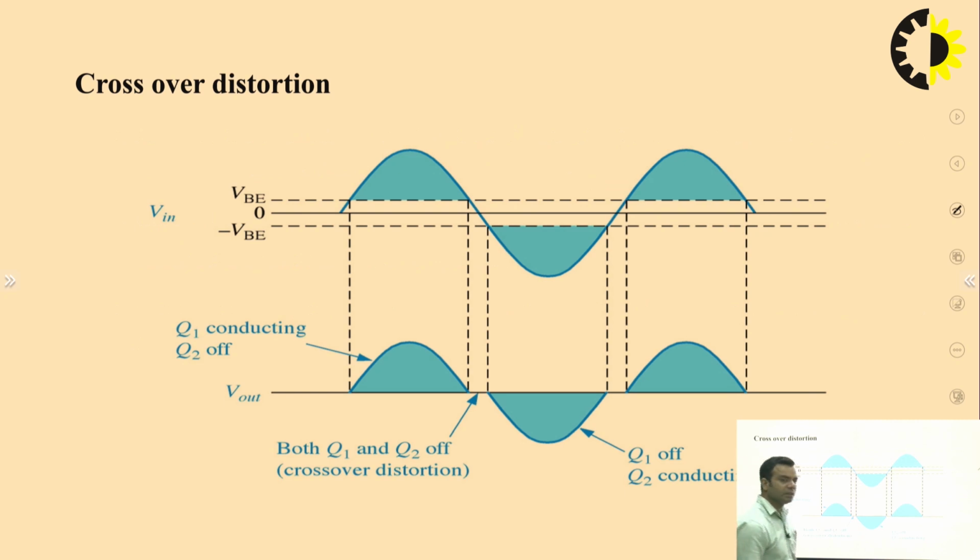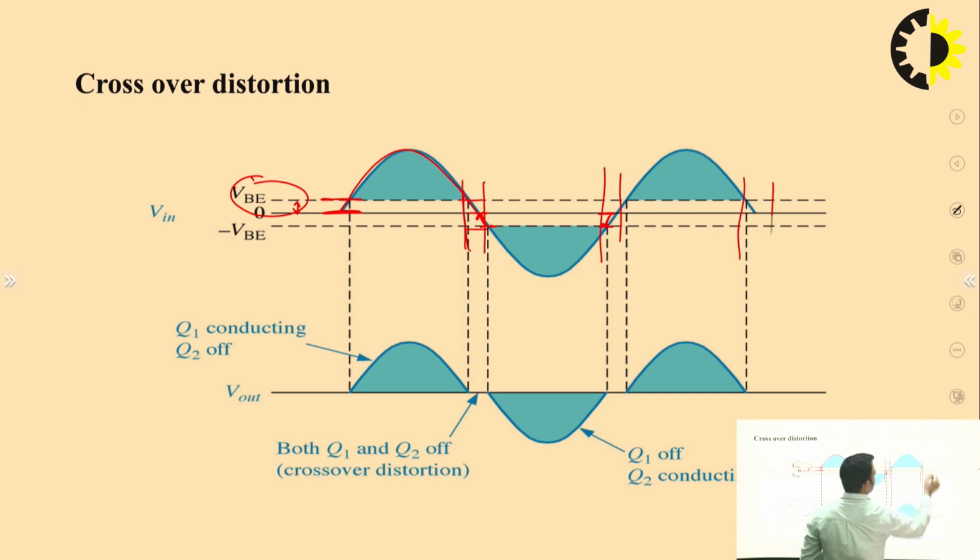Earlier I told you that there is one problem that arises in the case of class B power amplifier, and that problem is crossover distortion. So in the case of crossover distortion, what will happen: for the positive half cycle, where transistor Q1 was conducting, whenever the base emitter voltage VB will be less than 0.7, the transistor will be in off condition, and whenever transistor Q2 is conducting, whenever the voltage VB will be less than 0.7, at that time Q2 will enter into the off condition. So for this time